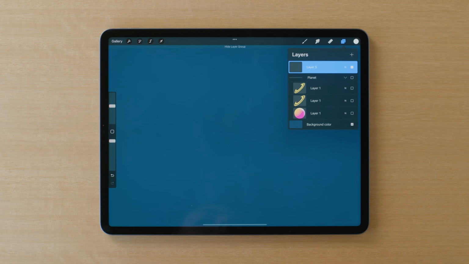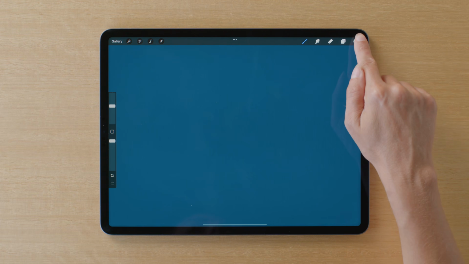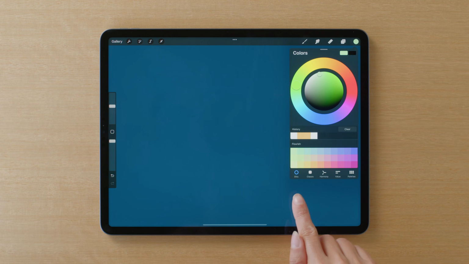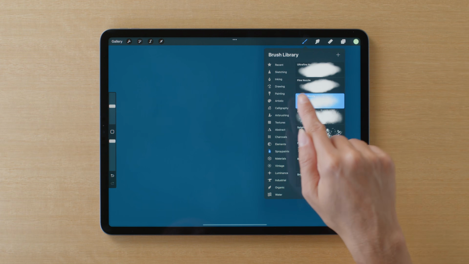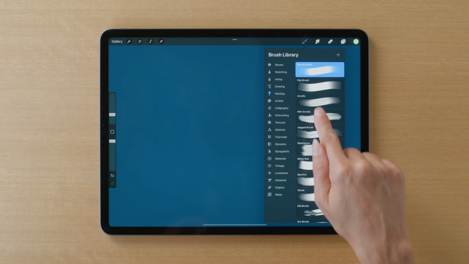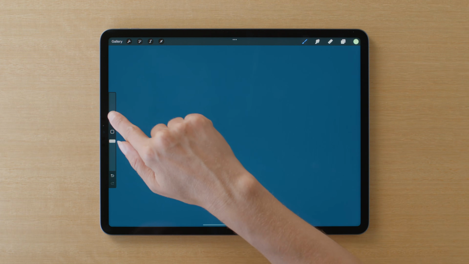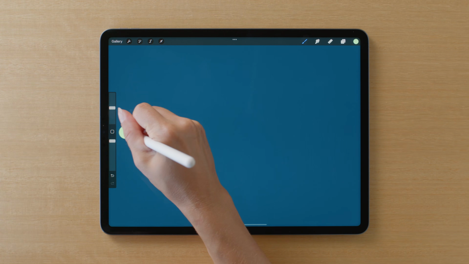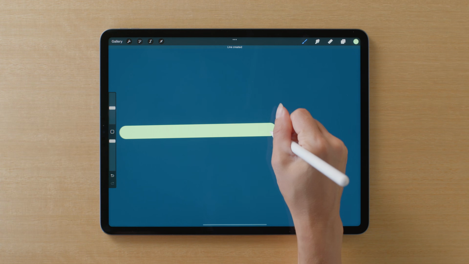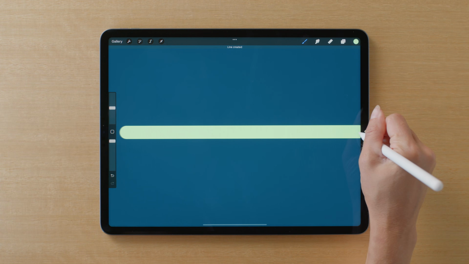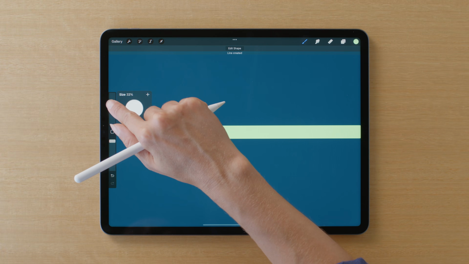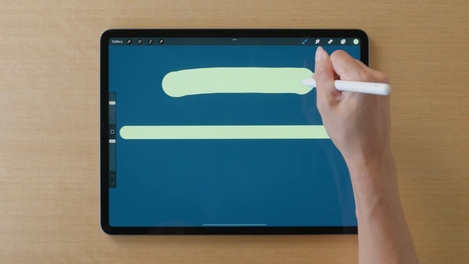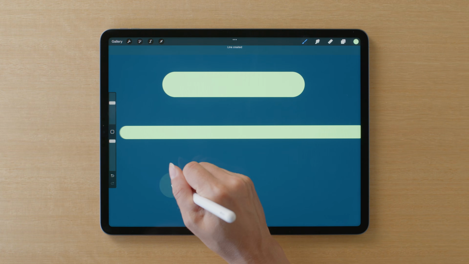Let's hide the planet for now. Go to the Flourish palette and grab that nice bright green on the top left. Get the round brush again within the painting set and set the brush size to around halfway. Draw a line right through the middle of your canvas, holding at the end to make it straight using QuickShape. Now boost the brush size up a bit and draw a shorter line on the top and bottom halves of your canvas.